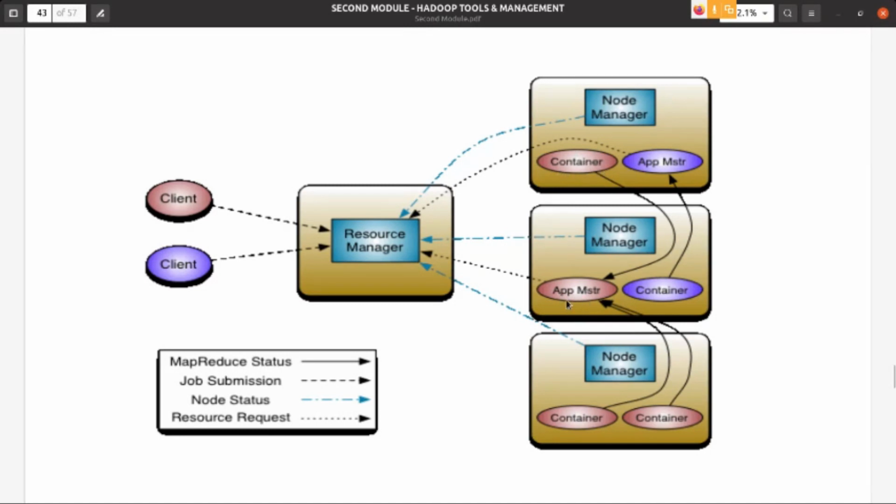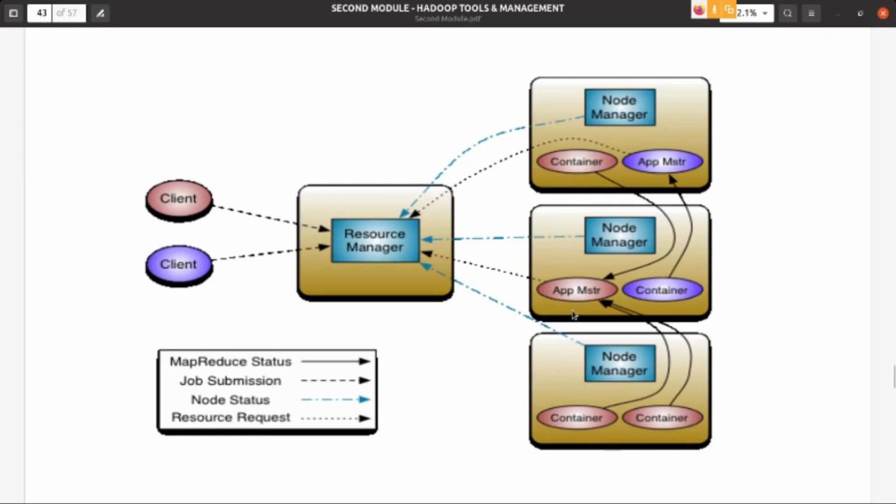Similarly, you can see this application master using this node. Why? Because this application master is using two containers. That means it is running a portion of the MapReduce application on these two containers. Or you can say this application master is managing the MapReduce application submitted by one of the clients using containers 1, 2, 3.